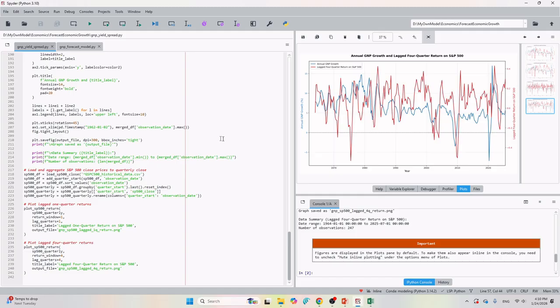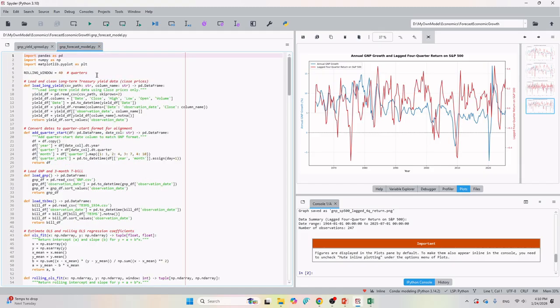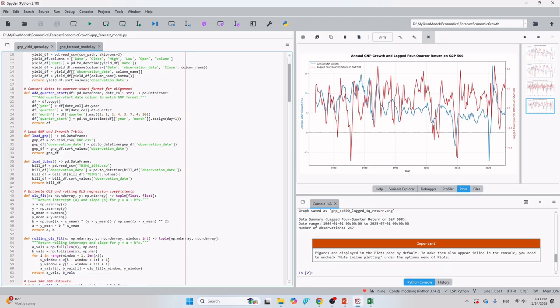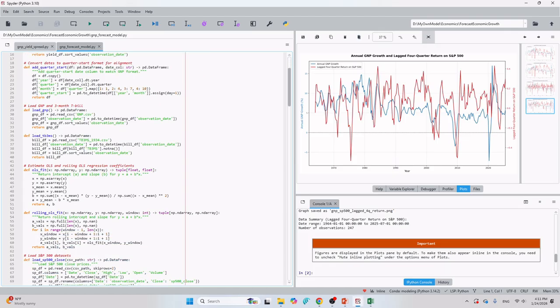Okay, now we are going to build our forecast model to check the result. First, I'm going to load and clean the long-term treasury yield data. Also, I'm going to use only the close prices. And similarly, I'll convert dates to quarter start format for alignment, and load the GNP and the 3-month treasury bill.